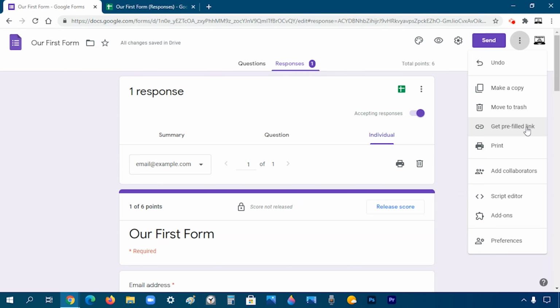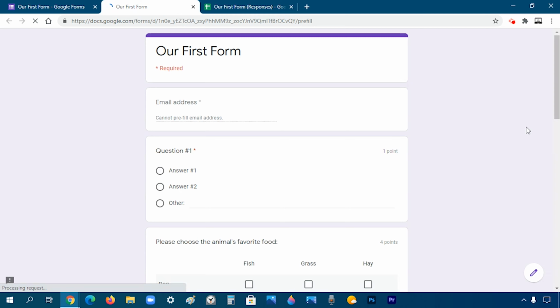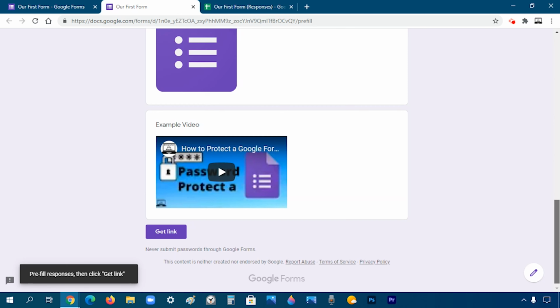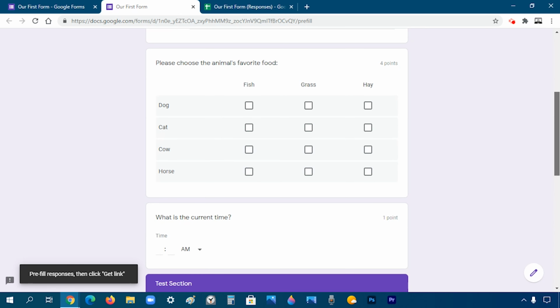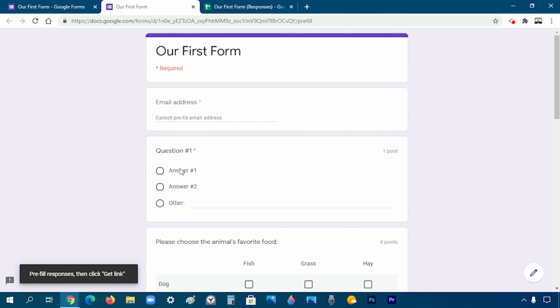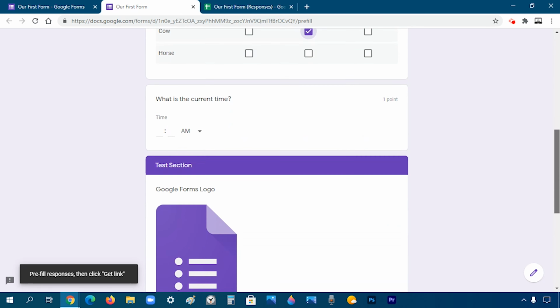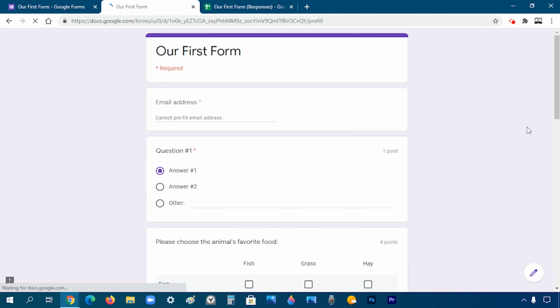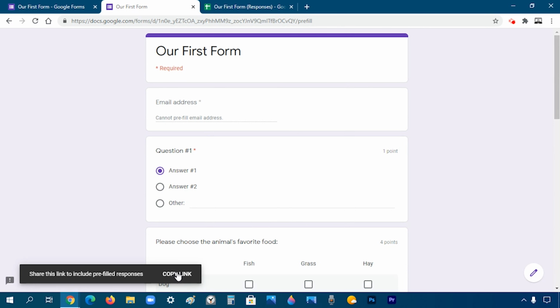For the pre-filled link, if you click on it, it's going to give you the option to answer these questions. And then when you're done, what you can do is get the link so that you can send it to other people, for example, and show them some example answers. So for example, if I answer these questions, then I do get link, then click on copy link.